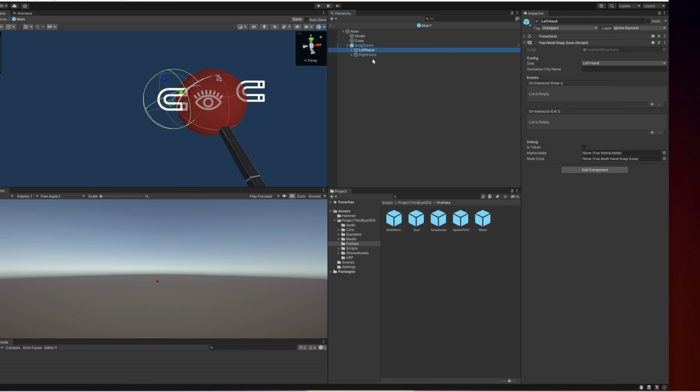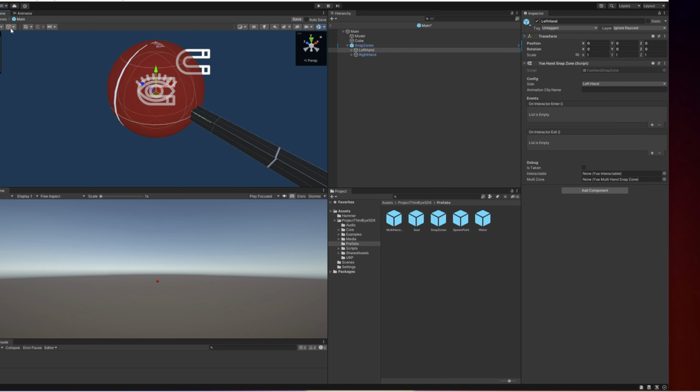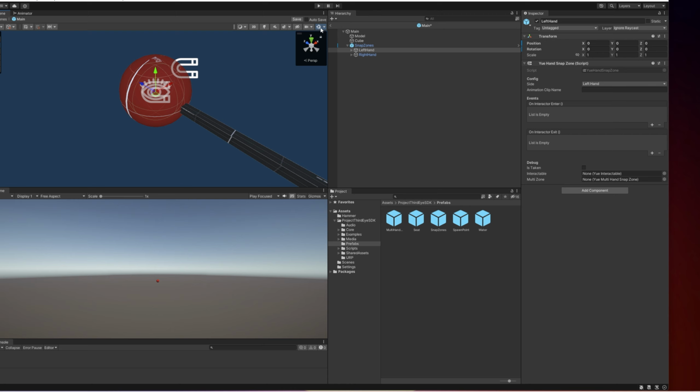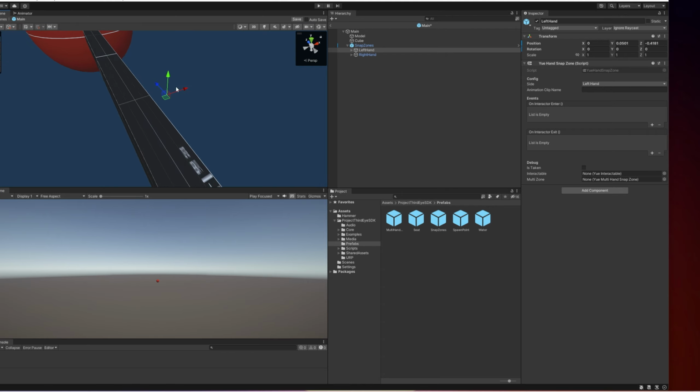Okay, so we have basically just two transforms with a trigger that is going to be triggered, and then it snaps into that transform. And now I'm going to completely reset the left hand from its position and rotation. Make sure that you are in local. It's right here. You have global and local. Make sure you are in local. So you can actually see, now I'm going to disable gizmos, so we can see this a little bit better. And now you can see we have this blue axis is the forward axis, red axis is the right axis, and so on. And now you have to imagine that your left hand controller basically just points forward and up